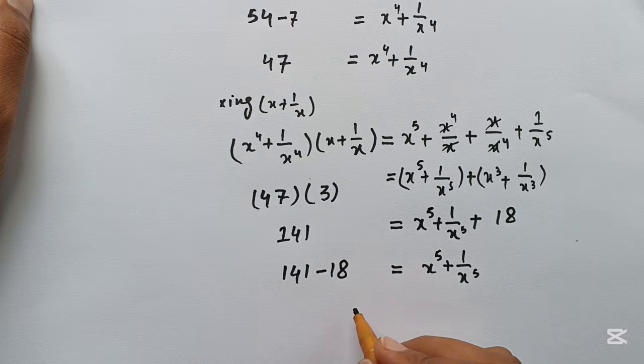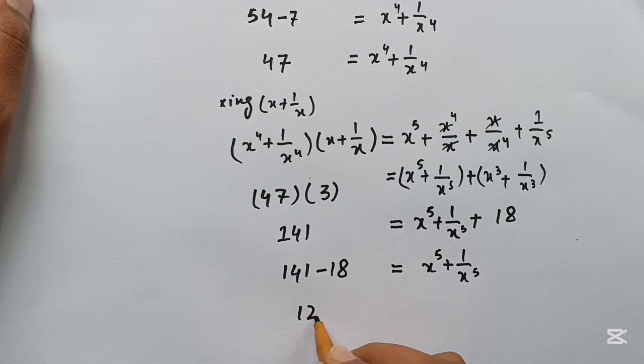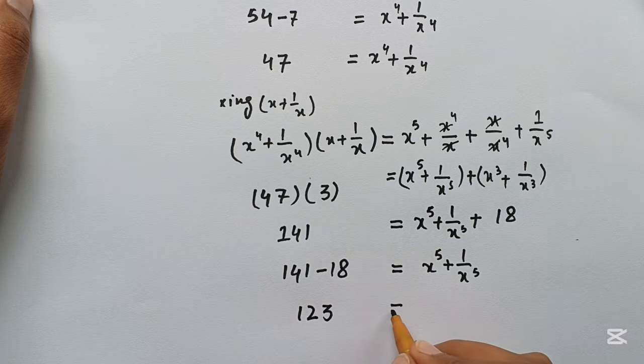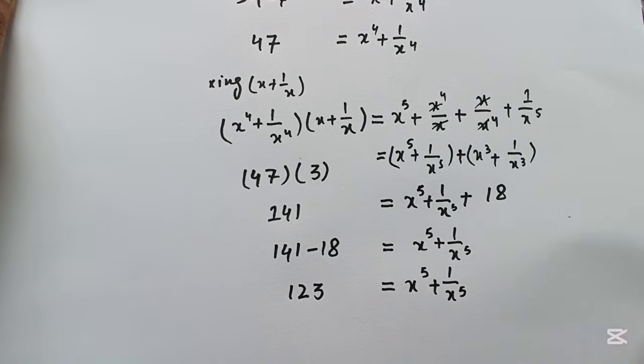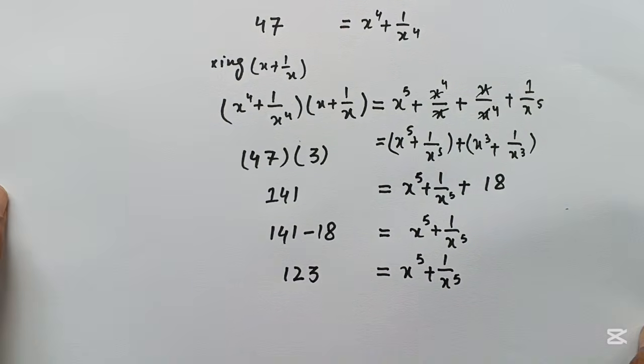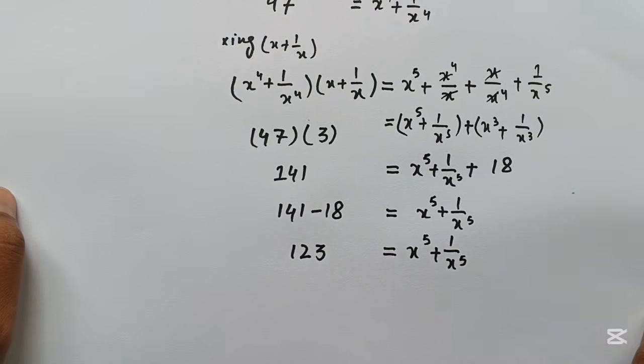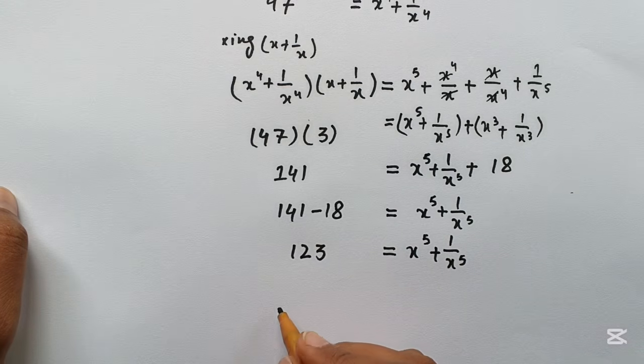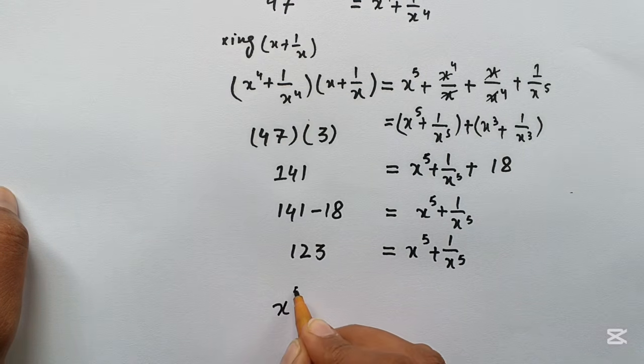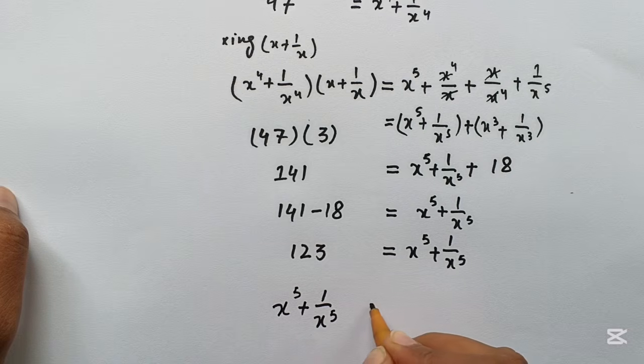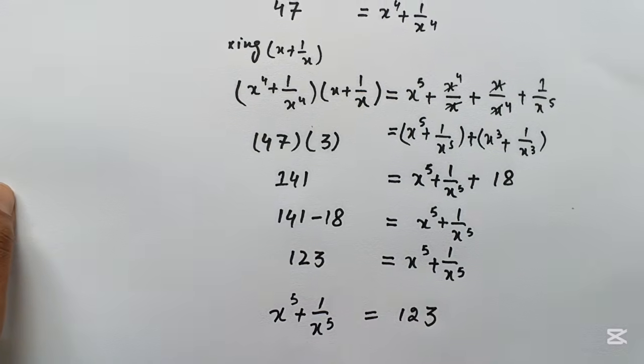So 141 minus 18 equal to 123 equals x power 5 plus 1 over x power 5, which is the required answer. x power 5 plus 1 over x power 5 equals 123. This is our required answer,